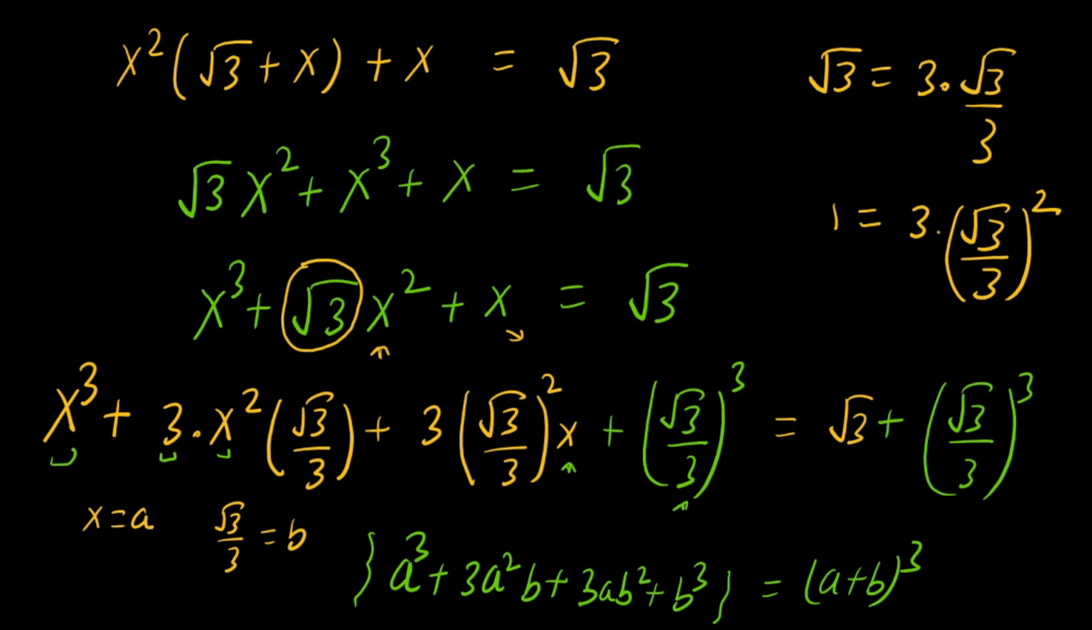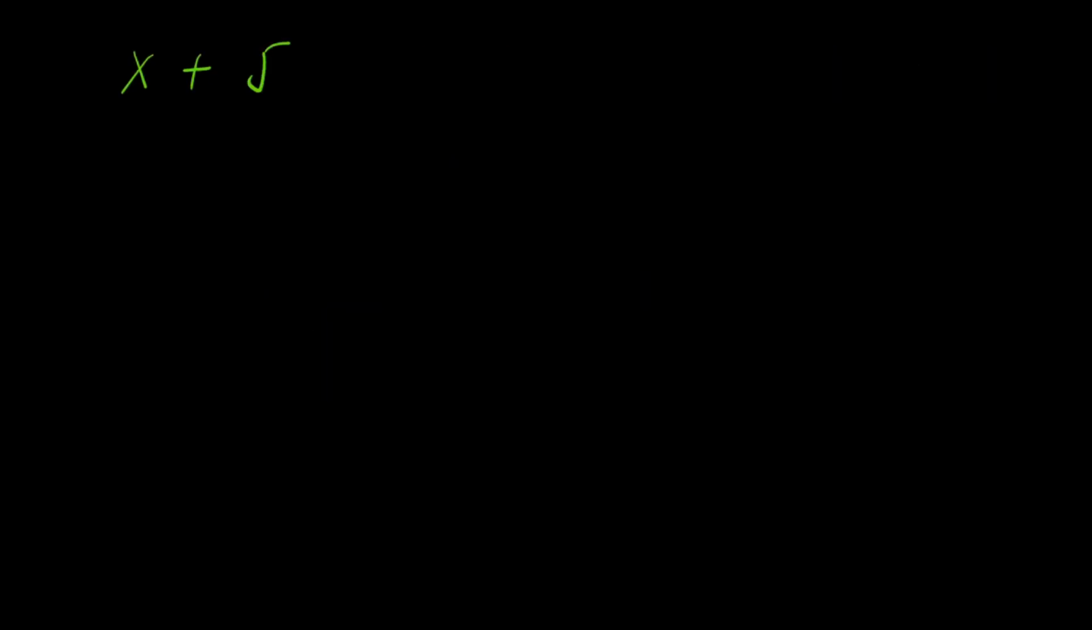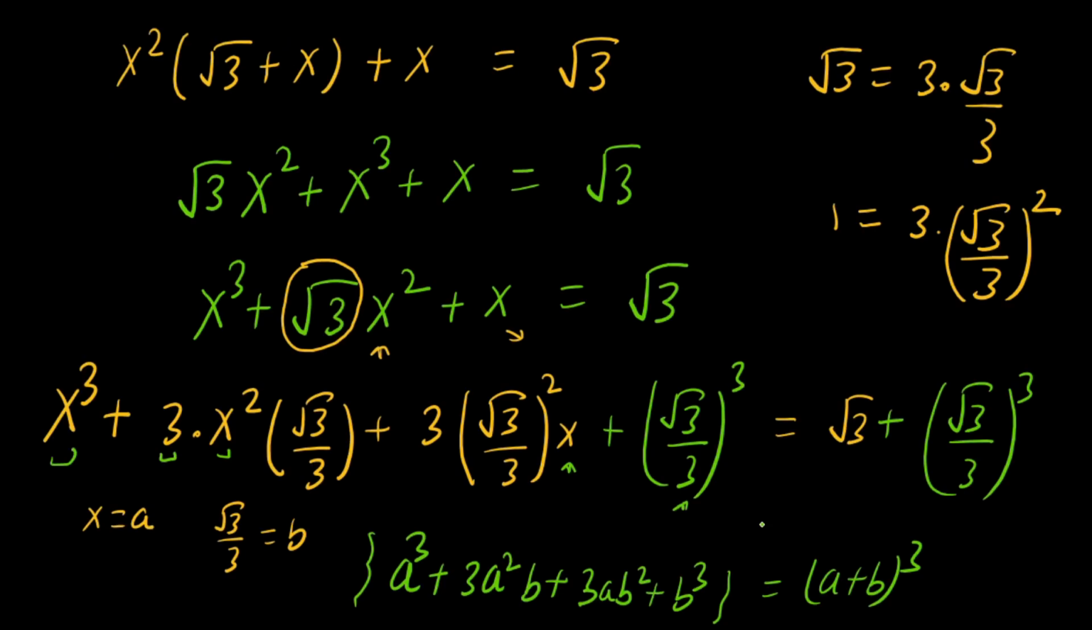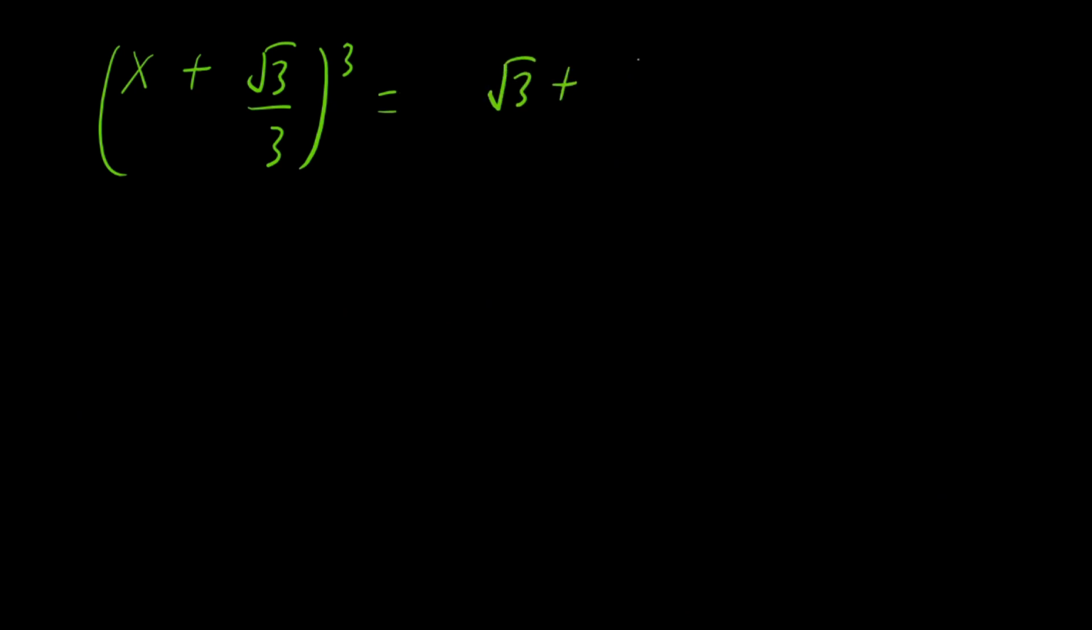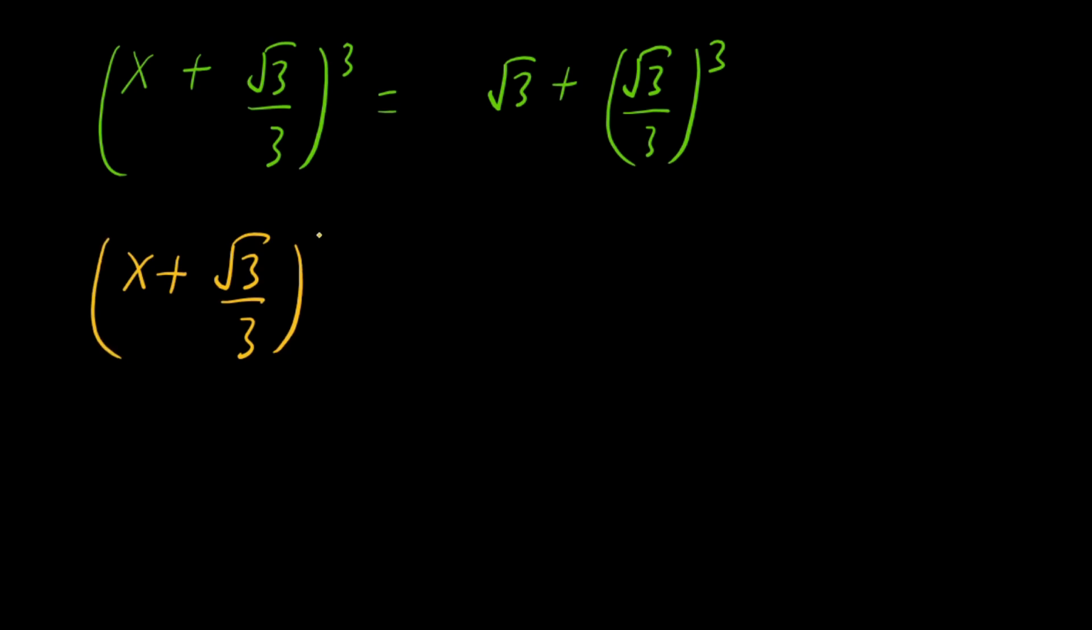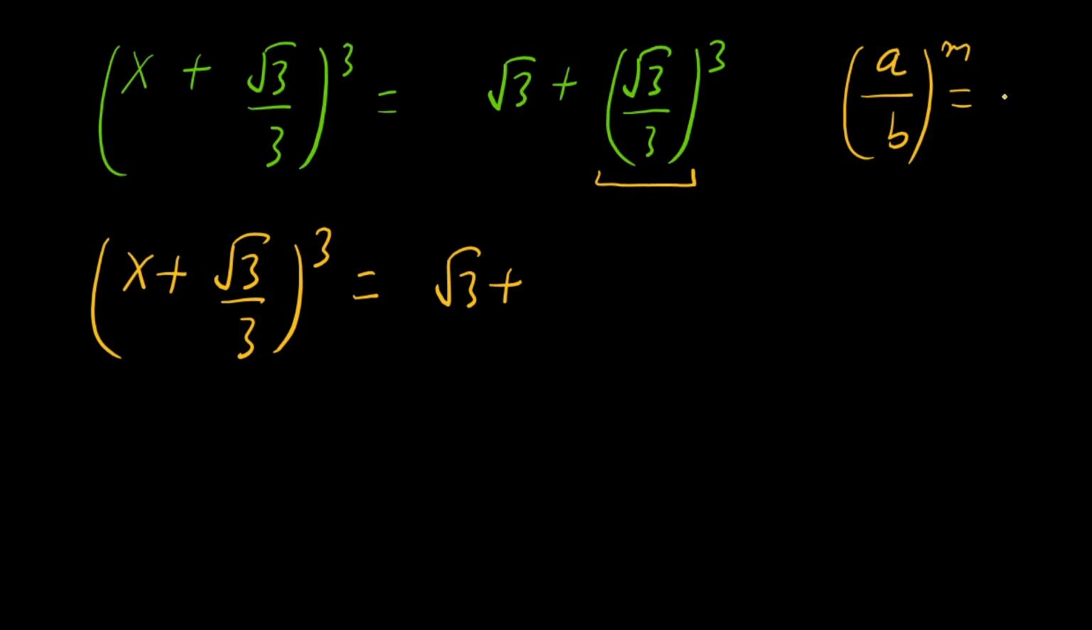So on the left hand side (x plus square root of 3 over 3) whole cube, and this is equal to, on the right hand side, square root of 3 plus (square root of 3 over 3) whole cube. Now on the left hand side (x plus square root of 3 over 3) whole cube, and this is equal to square root of 3 plus, here if we apply this rule (a over b) power m is equal to a power m over b power m,